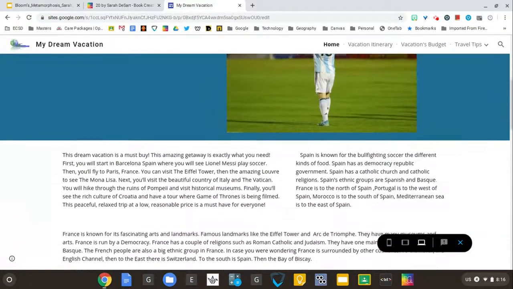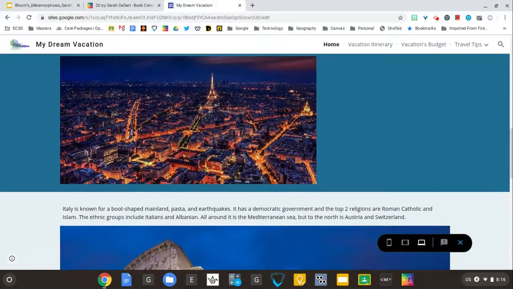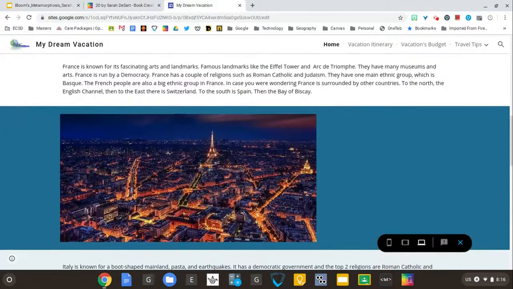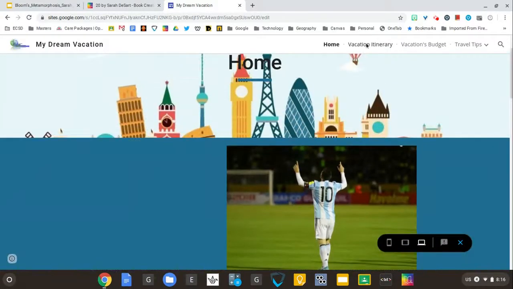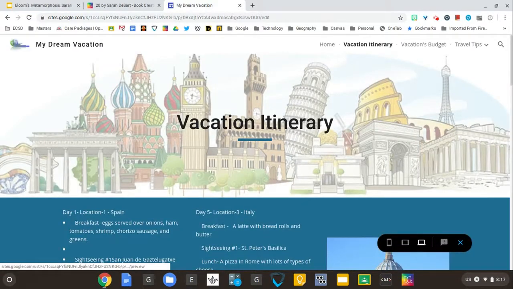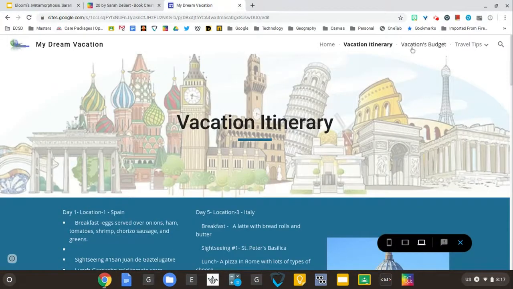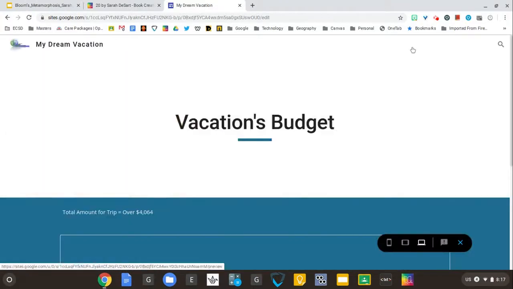To make it more authentic, I had them design this trip to Europe for an actual person. That person chose where they wanted to go, how much they wanted to spend, and certain features, like if they wanted to be more active. They had to plan out an itinerary and plan a budget using Google Forms.